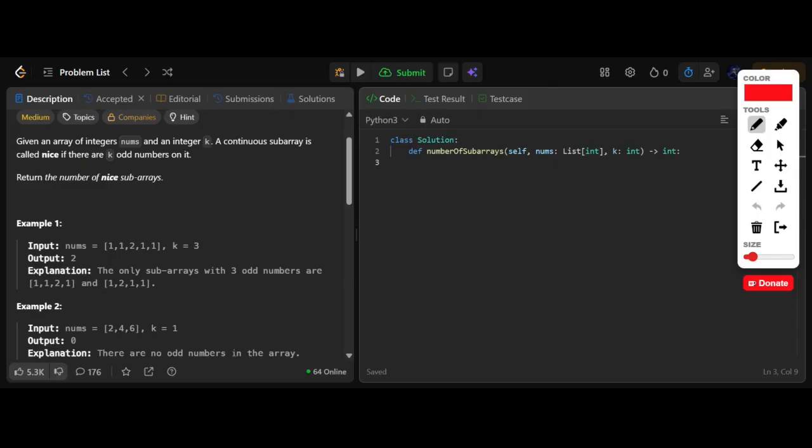Well, you might think let's use a sliding window, but the problem with using a sliding window is sliding windows work best for monotonic problems. So if shrinking makes the solution better, and increasing the window size makes it worse. Very simple logic there. But here we don't know when to actually